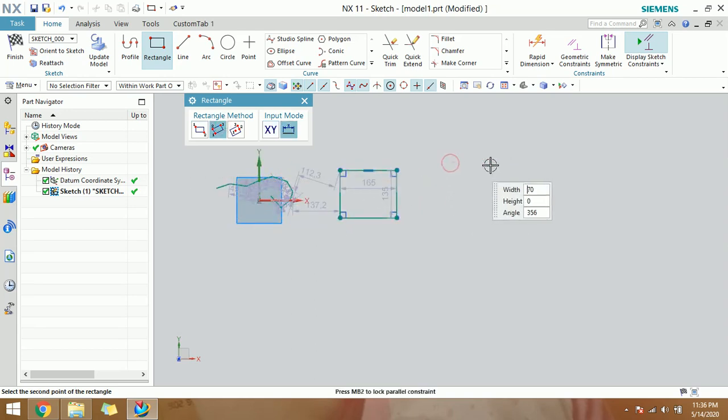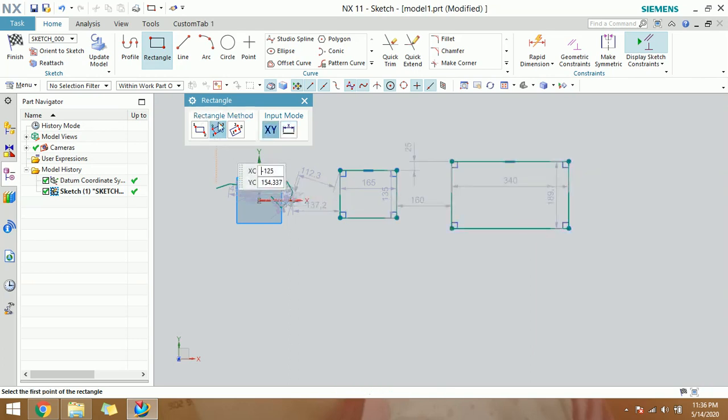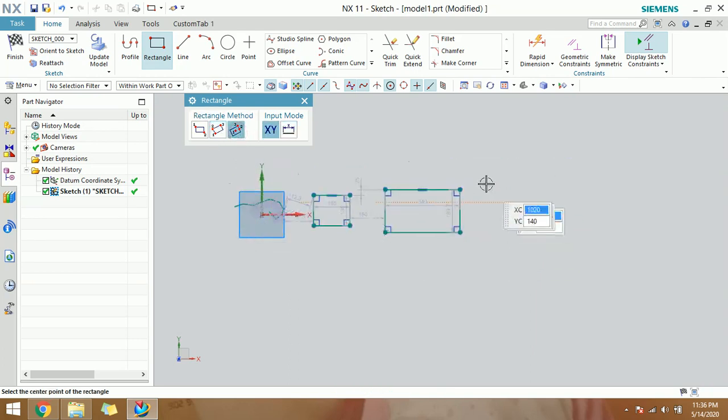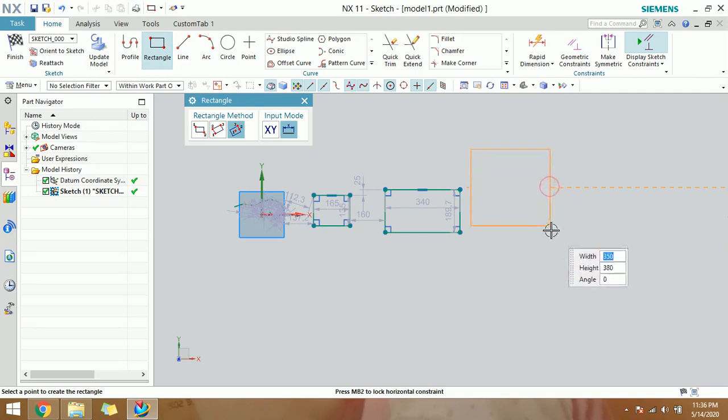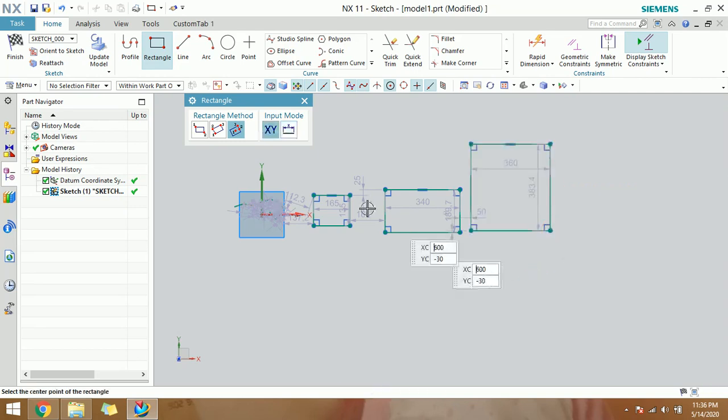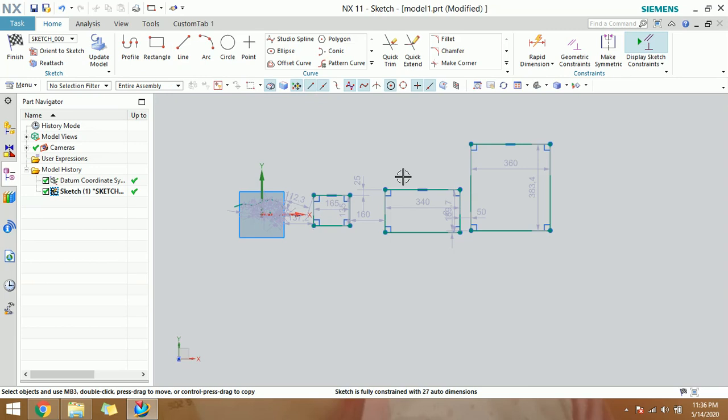Just first point, second point, and the third point. And the last one is from center. From center is similar to by 3 points. Just first point, second point, and third point. So we can draw the rectangle with the help of three methods: by 2 points, by 3 points, and from the center, taking the reference of the center.